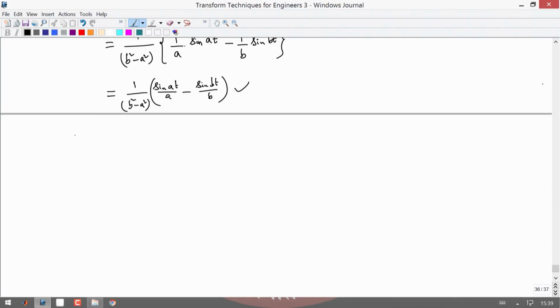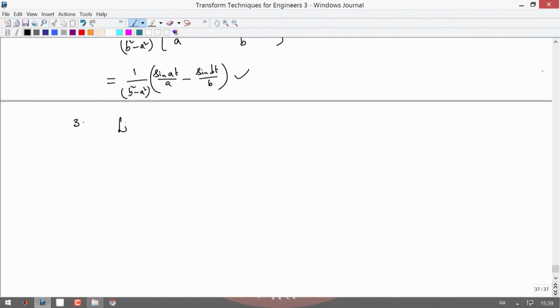So, let me do one more example. For example, consider the fraction (s plus 7) divided by (s square plus 2s plus 5). What is its inverse Laplace transform as a function of t? That is the question. So, the left hand side is equal to the Laplace inversion of, if you do the partial fractions for this,